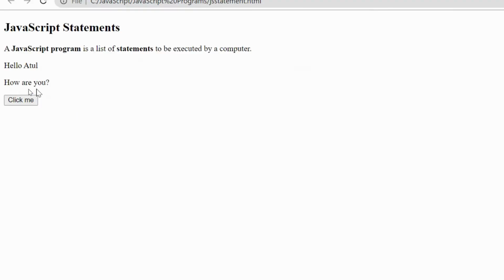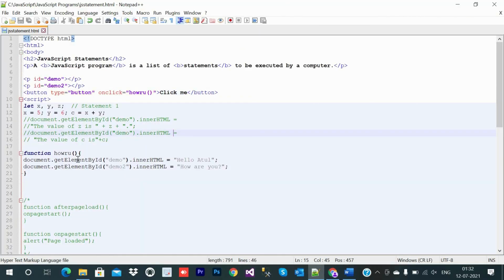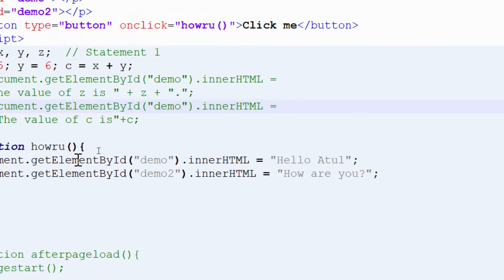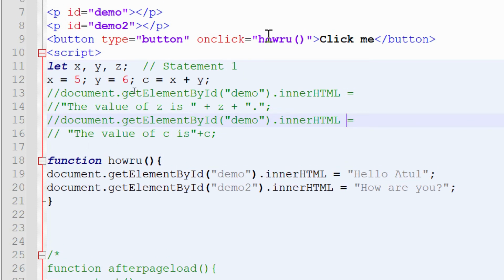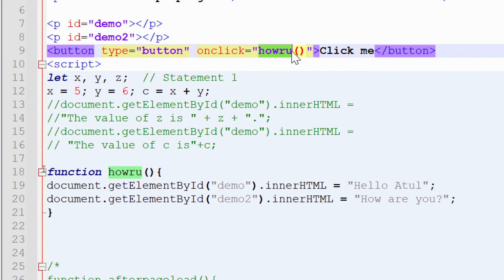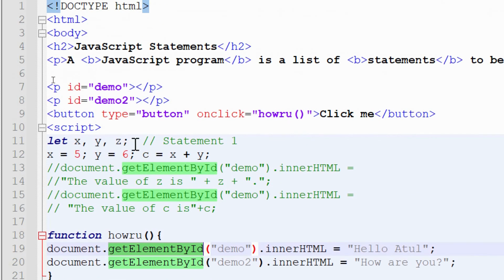So guys, in that example we have used the JavaScript code block. We wrote using curly brackets, and inside that we can write multiple statements together, and we called a function on button click. Whenever the button is clicked, this function will be called. Inside it, from the whole document, the whole web page, it will get the element whose id is demo.